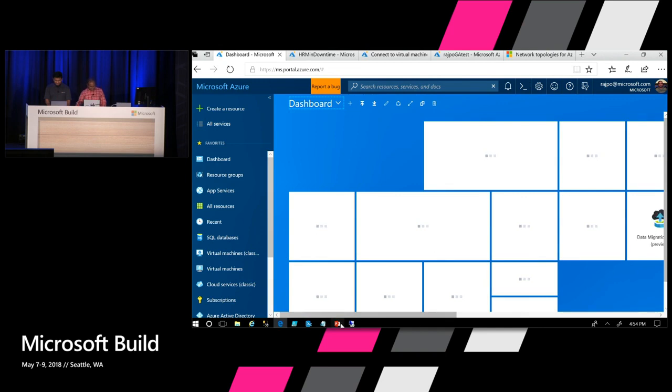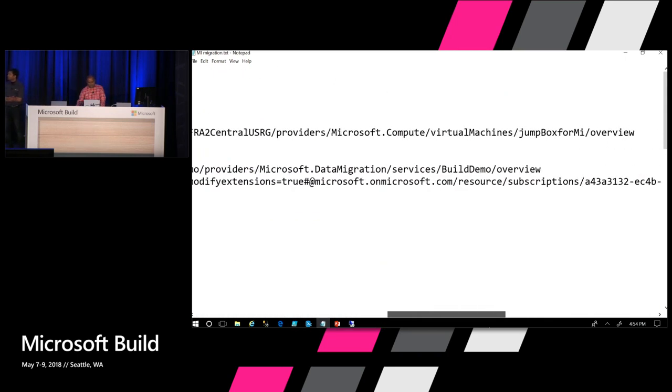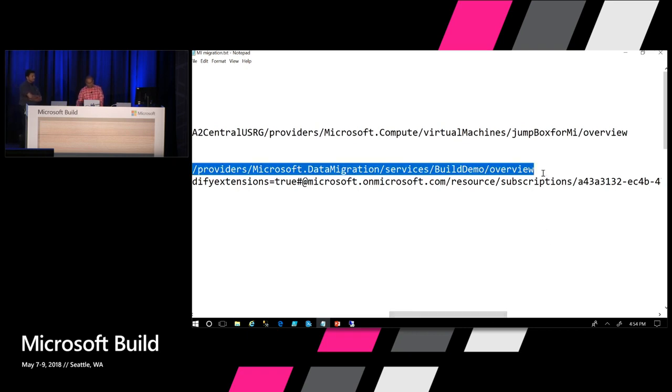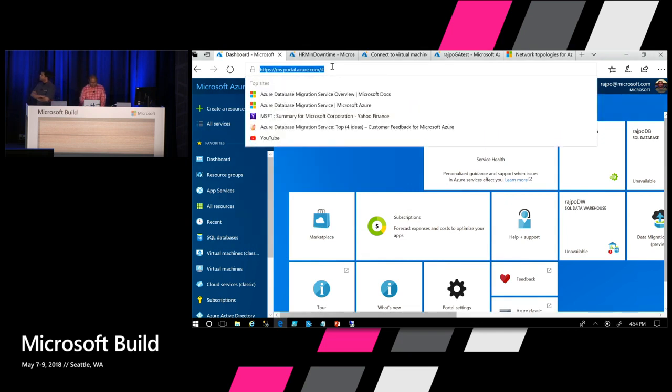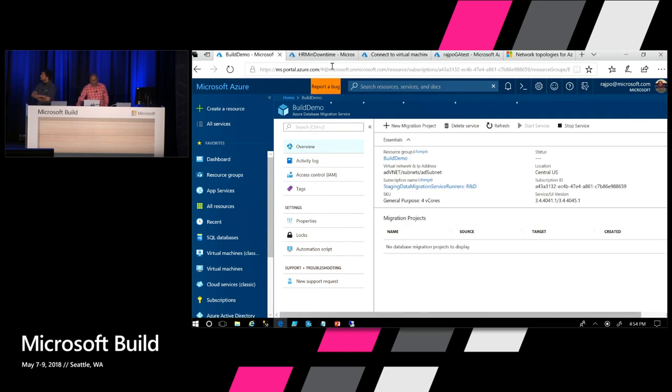And then I'm going to go back to my notes here to get the DMS service. By the way, we call Azure Database Migration Service the DMS service as an abbreviation or a shortcut. So I'm going to type this URL where I can directly go to the service that I created here. This build demo is my service, and then there are a couple of projects that I already